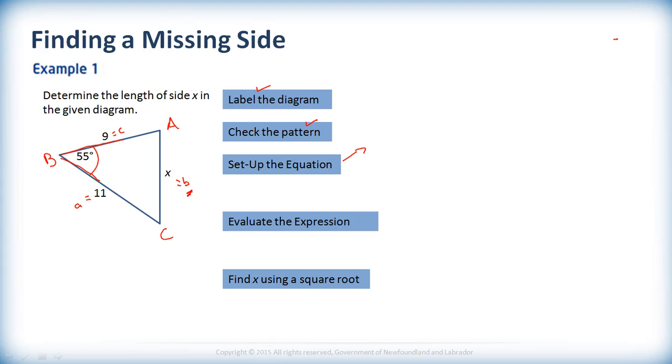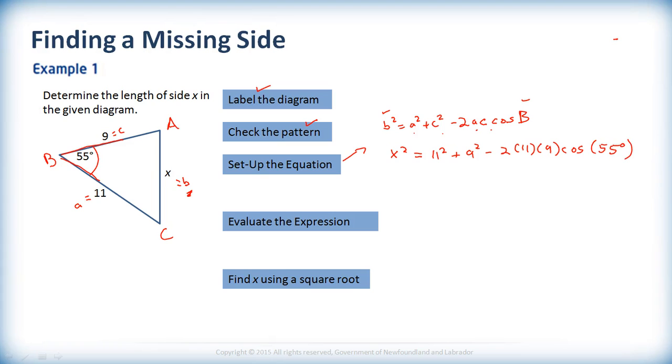Well, if we're looking for something that we called side B, remember the equation looks like b squared equals a squared plus c squared minus 2ac cosine of angle B. And as long as the first two match and the others are consistent, a and c, we're in good shape here. So there's the equation we want to use. We have to plug in the right bits and pieces. So side B was the x that we were looking for here. So we have x squared equals a squared plus c squared, which is 11 and 9 respectively, minus 2 times 11 times 9 times the cosine of angle B, which looks to me like 55